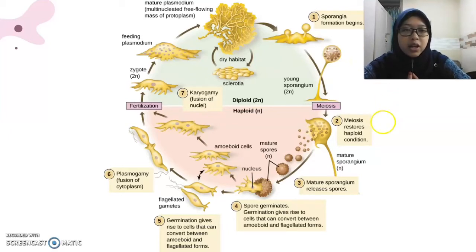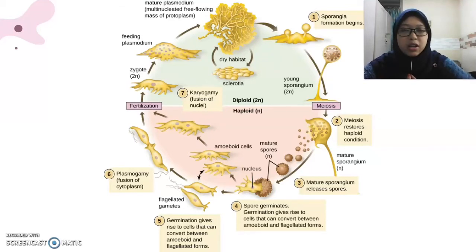Meiosis restores haploid conditions and the mature sporangium will be formed. Next, the mature sporangium releases spores. The spores produced by a plasmodial slime mold sporangium can survive until the moisture is sufficient for them